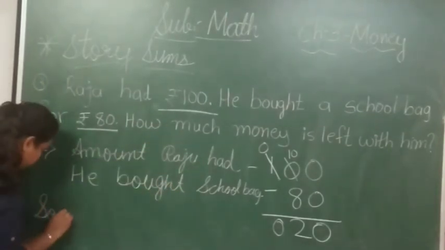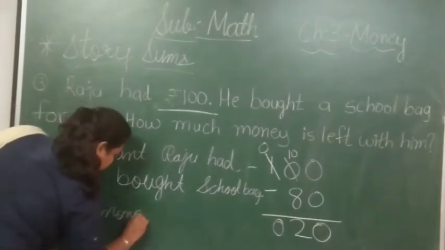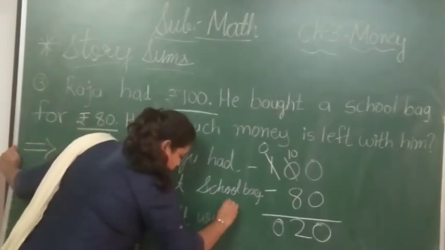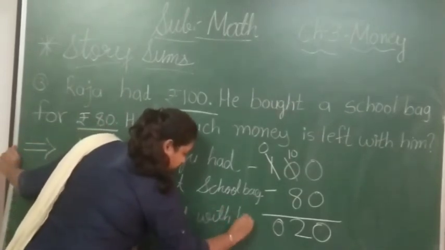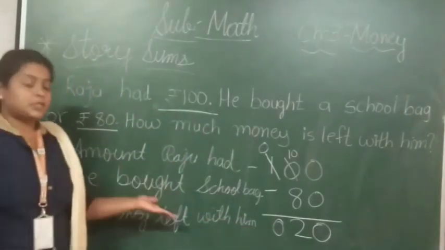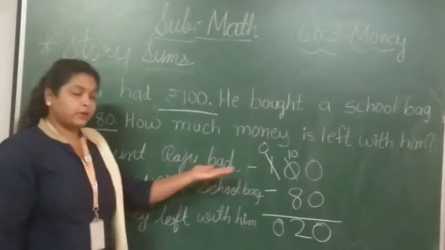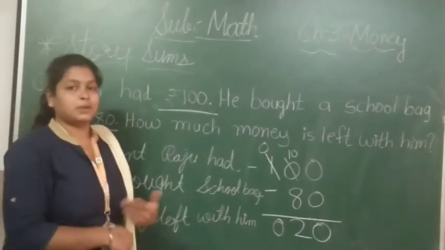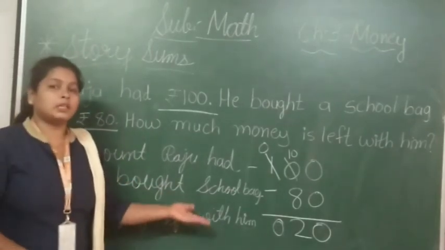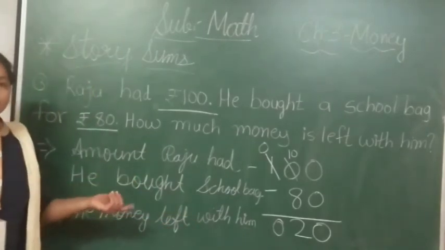So the money left with him. कितने रुपीस उसके पास लेफ्ट यानी कि बचे? तो 20 रुपीस विल बी देयर विद हिम, यानी कि उसने जब 100 रुपीस लेकर गया था उसमें से 80 रुपीस का बैग उसने परचेज किया. सो उसके पास 20 रुपीस रिमेन है, दैट मींस के लेफ्ट है, बचे हैं उसके पास. ओके, सो दिस इज हाउ यू कैन सॉल्व दिस.